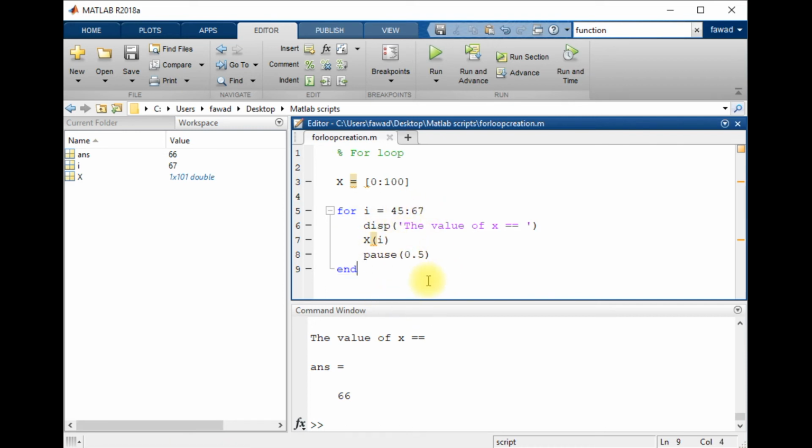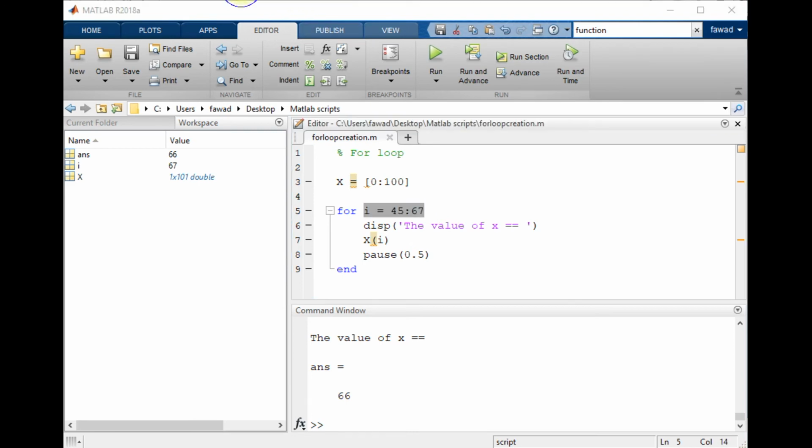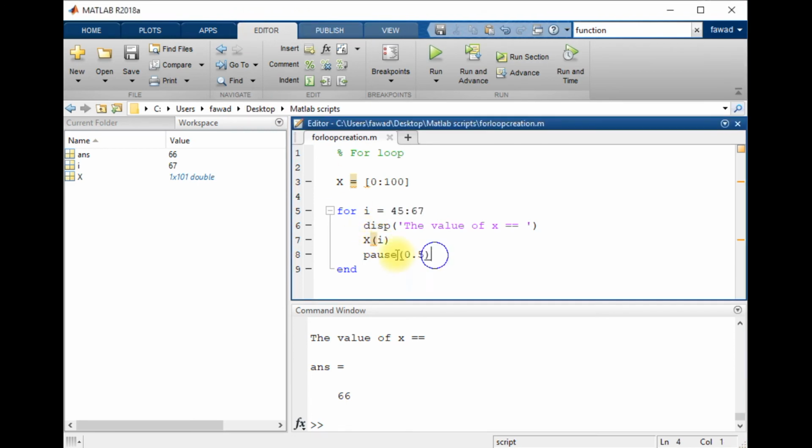So this is all about loop creation in Matlab. You will have to write a for loop, you will have to end that loop, and you will have to write a conditional statement. Whatever you write over here will be displayed. For example, I am going to write display i. When I execute this loop,